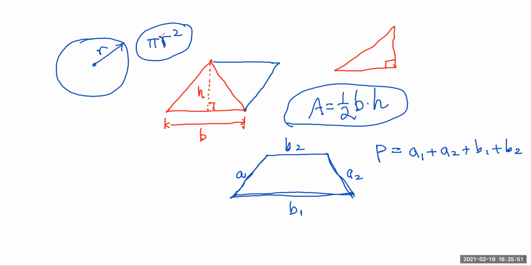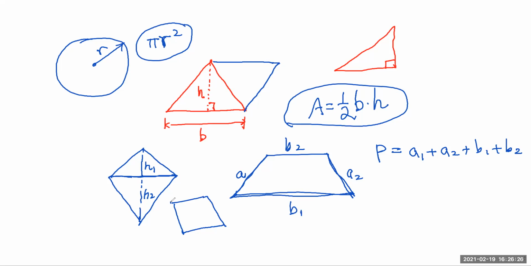What would be the area for a kite or a diamond? A kite is actually two triangles. If you know the height here, this height makes the top triangle, then the bottom is another height. So this makes the two triangles of a kite. A rhombus is basically a parallelogram with all four sides the same. So for a rhombus, you can use the parallelogram's formula.